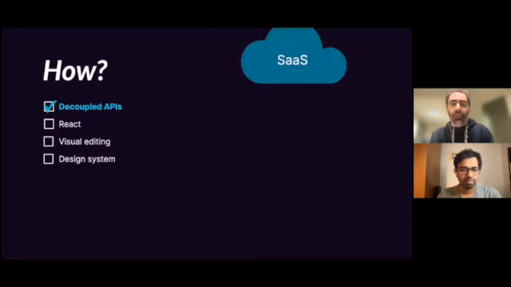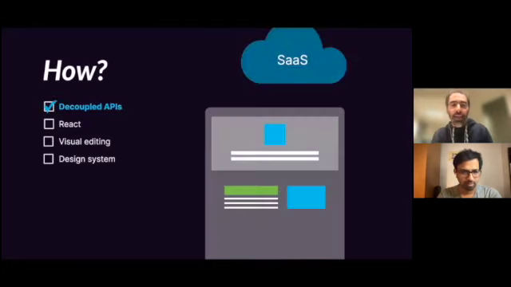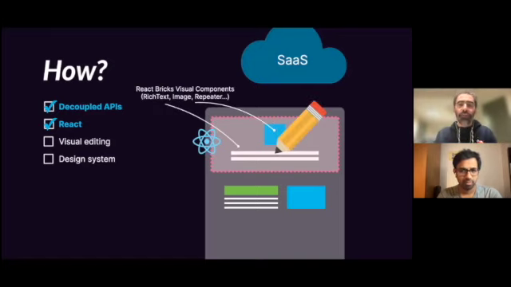And so we created the APIs. And as for React, the content blocks that make up your design system are React components. And the visual editing is two things. In a way, you need to be able to change the text directly, the images directly. And so you use ReactBricks exported visual editing components like text, rich text, image, repeater into your JSX code.